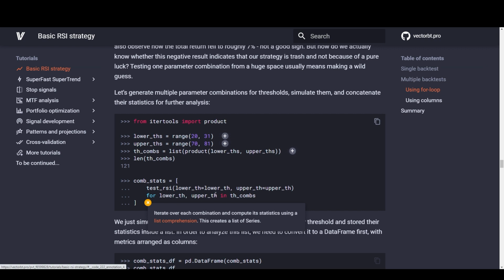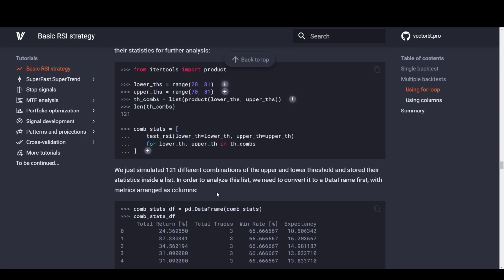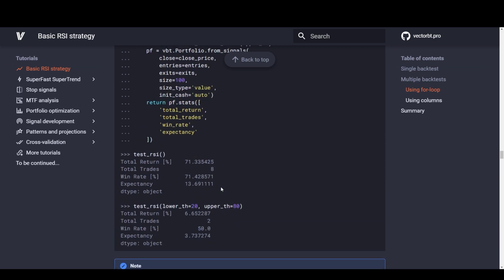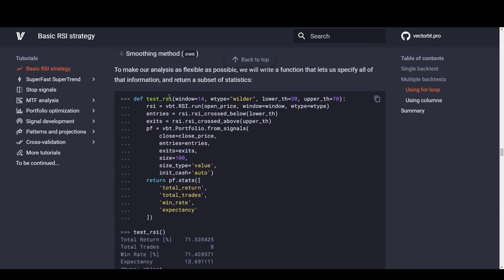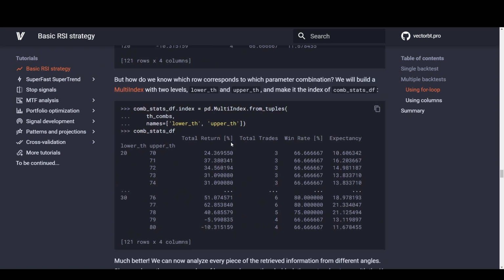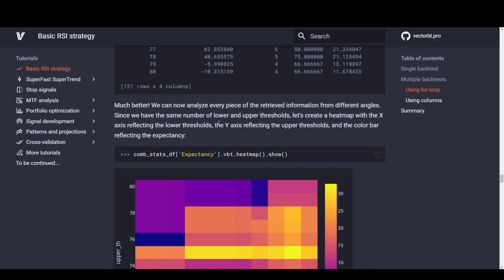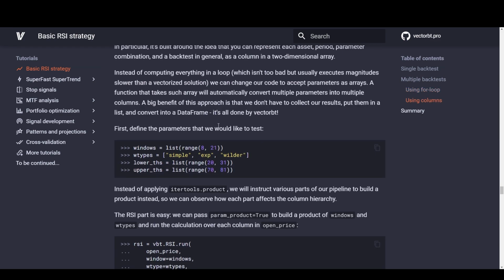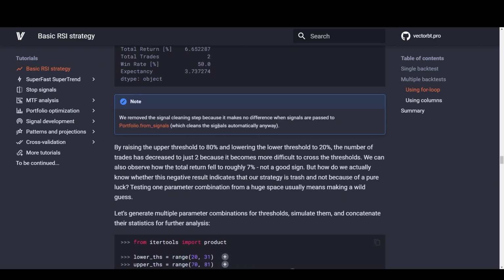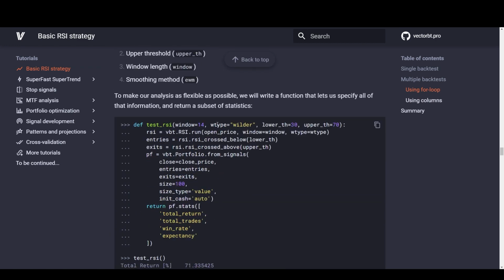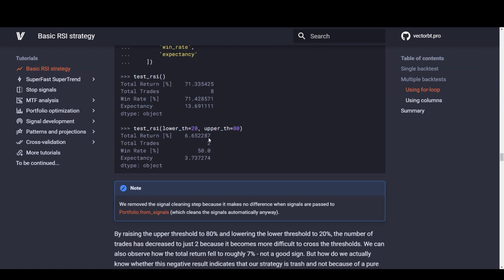This creates a list of series. Well, I guess this is all I want to do, except with stop losses and take profits and all of the things.